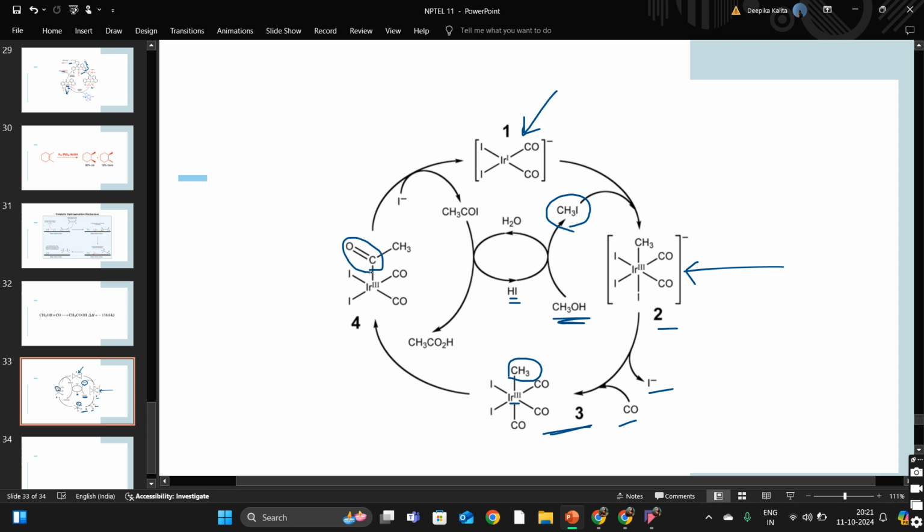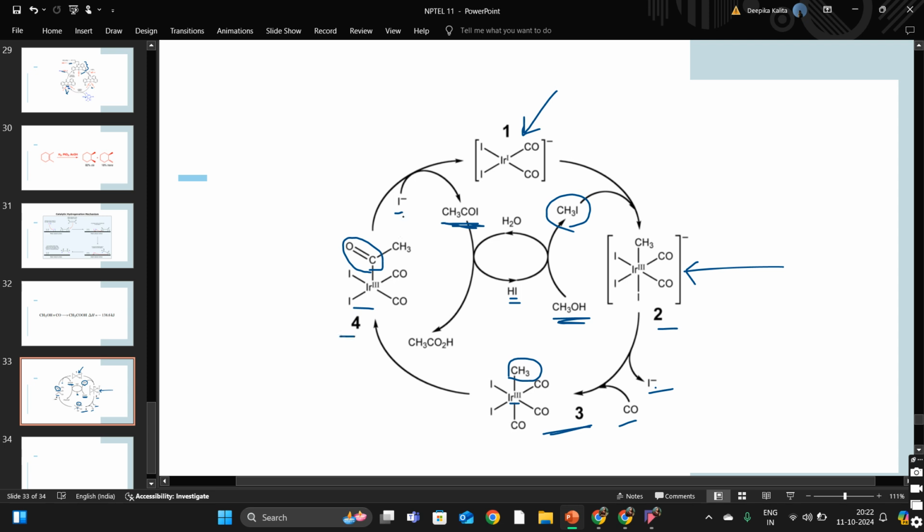and this carbonyl insertion as a result will react with the iodide which was getting eliminated at the beginning, and the reaction between this metal complex and this iodide will lead to the formation of CH3COI product. Okay, this acid iodide or acid halide is formed due to the reaction between this metal complex 4